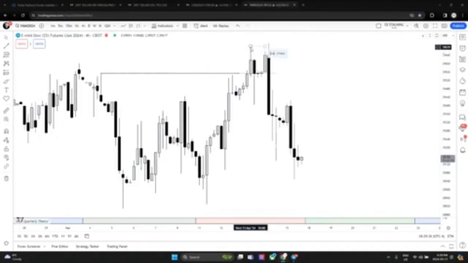But what happened after price traded above this specific high was the algorithm engineered liquidity. Liquidity was left here. So when price traded here the first time and left the swing high, liquidity will be left above the swing high. It does not have to be equal highs. The most liquidity is found above swing highs,